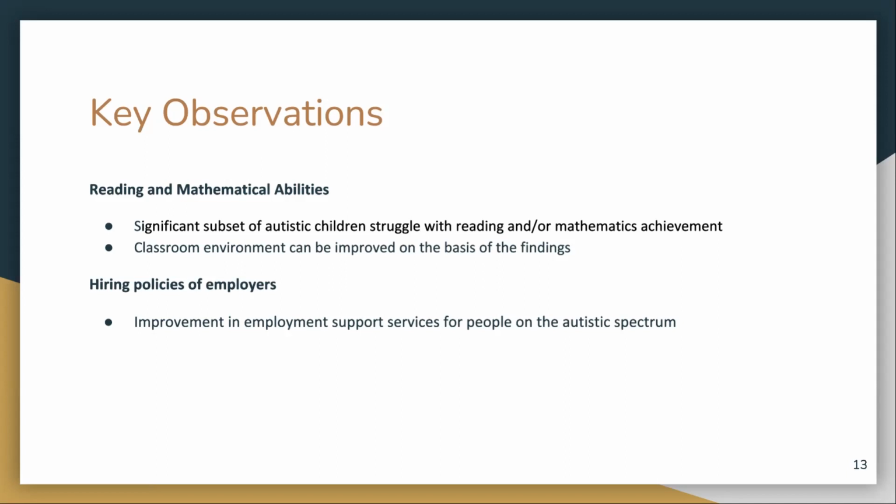Current research suggests that a significant subset of autistic children struggle with reading or mathematical achievement in their classroom. This study used hierarchical cluster analysis to investigate the achievement profiles of autistic children who don't have any intellectual disabilities. However, in order to provide an appropriate education that best promotes academic achievement in this type of autistic children, more information on the factors related to individual differences in academic achievement is required.